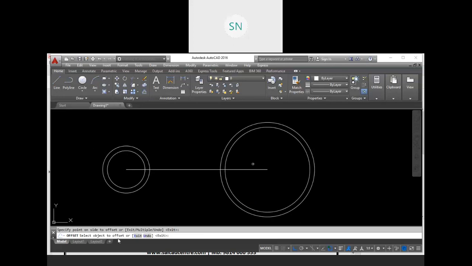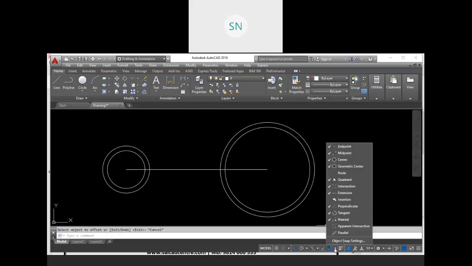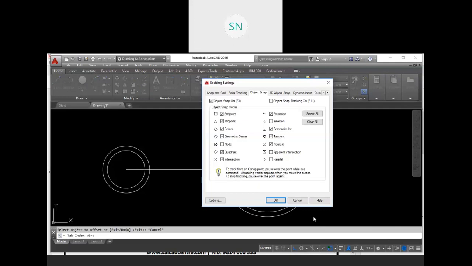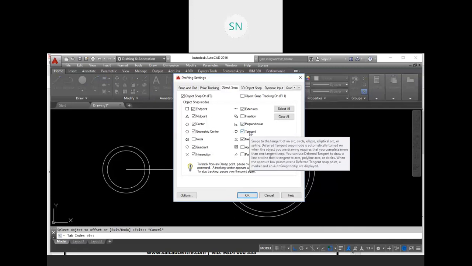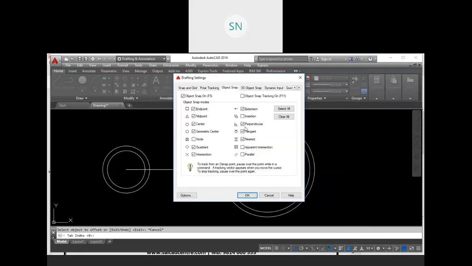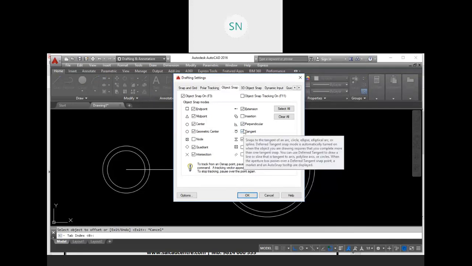Yes, sir. Okay. Now we have to use one option from our object snap. See, in our object snap you will find one option, that is tangent. You have to turn on this option first, because we have to create a tangent line, right?